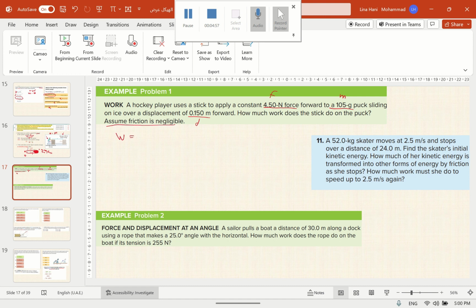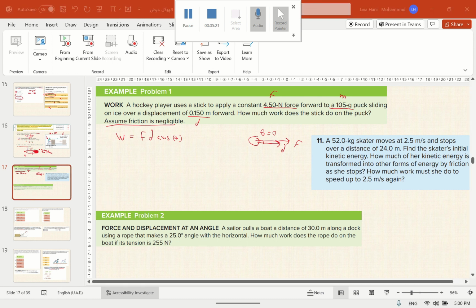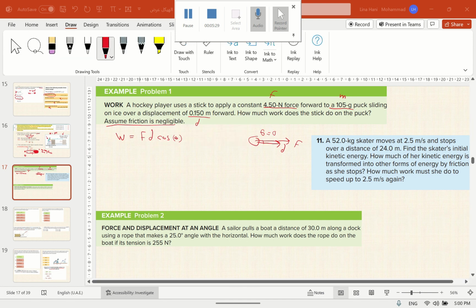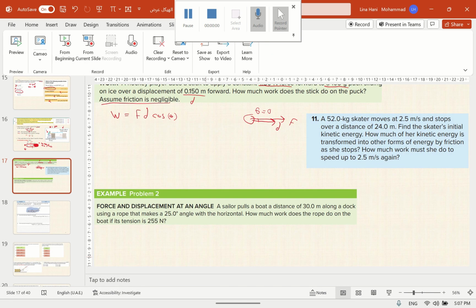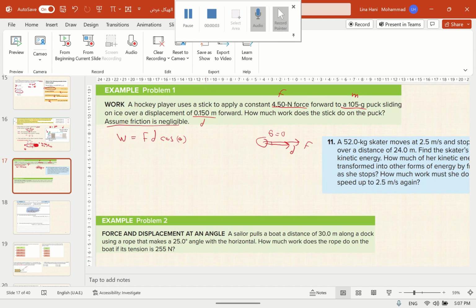The work done by the stick is equal to the force applied by the stick multiplied by the displacement traveled by the puck, cosine the angle between them. Now, this is the puck. You apply a force like this, and surprisingly, it moves in the same direction. So the angle between them is 0. There's no angle between them; they're in the same direction. Okay, let's continue. So F d cosine theta